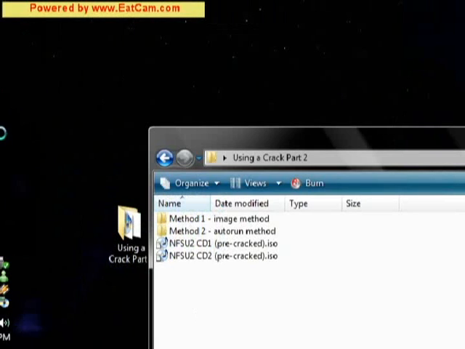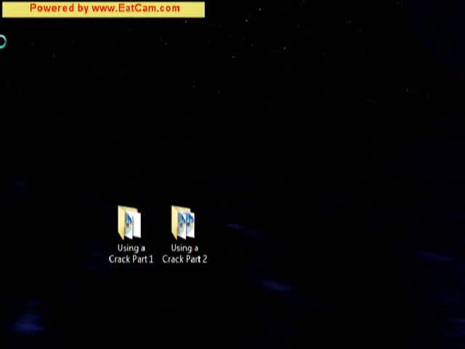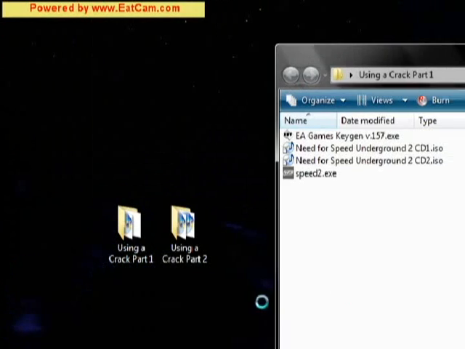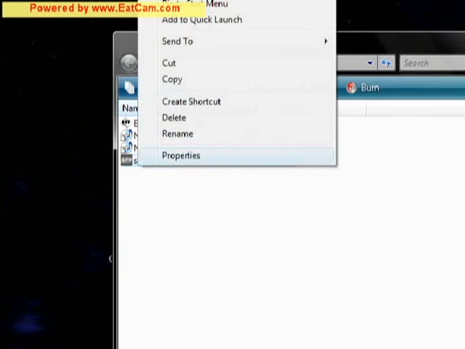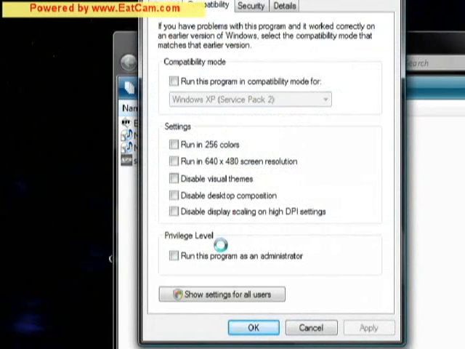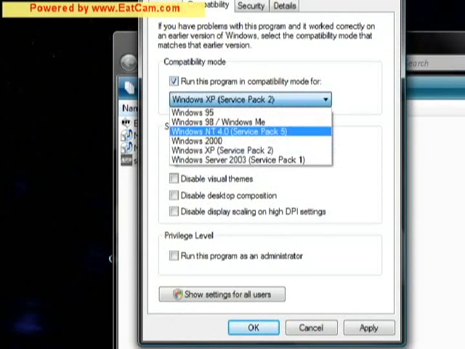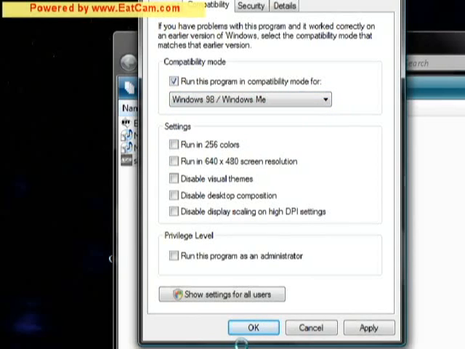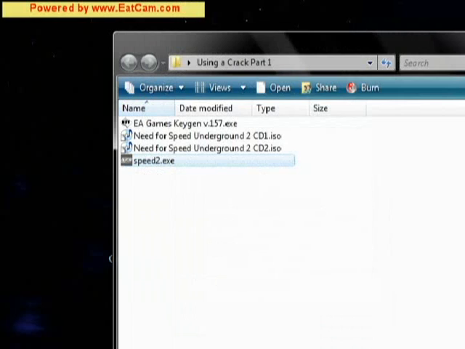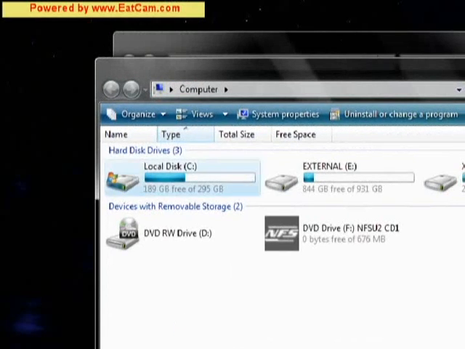Once again, from tutorial 1, I told you if you're running Vista, this cracked file should be, well, this one in particular doesn't need it, but for other games, you should run in 98 ME compatibility mode. Vista doesn't like playing games, and especially old games. So once it's done mounting, if it does not run in Vista, this one would. Just go to the game folder on your local disk,